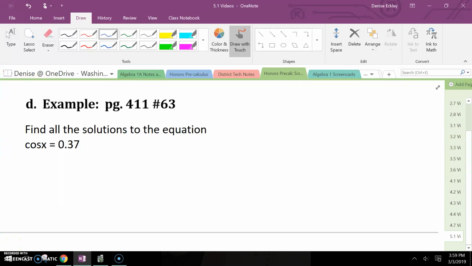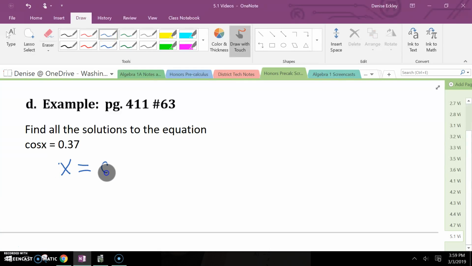Okay, number 63 on page 411 now asks us to find a solution to the equation cosine x equals 0.37. So now it's asking us to find all the solutions, just like example number 57. But now we also have an angle that's not easily recognizable from all of our work with the unit circle. So what we're going to have to do is look at the idea of thinking of this as we want